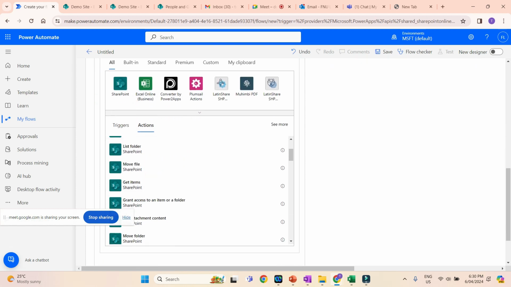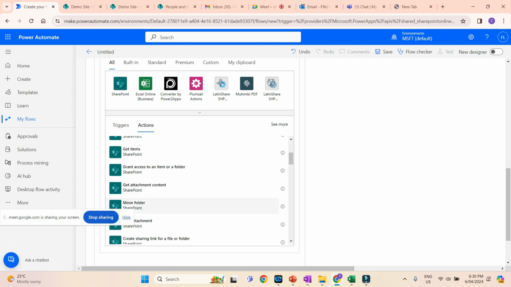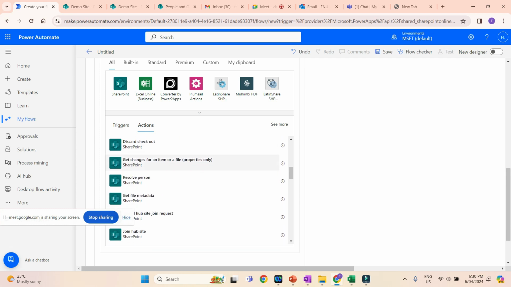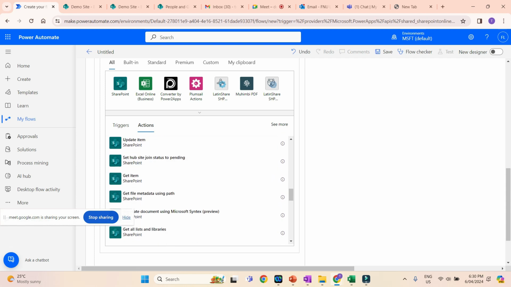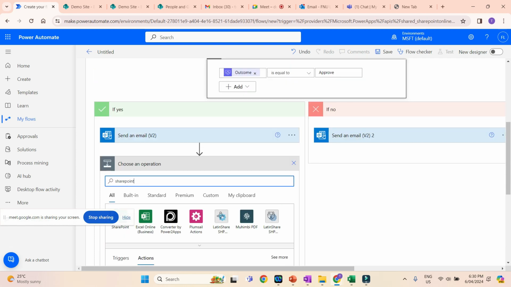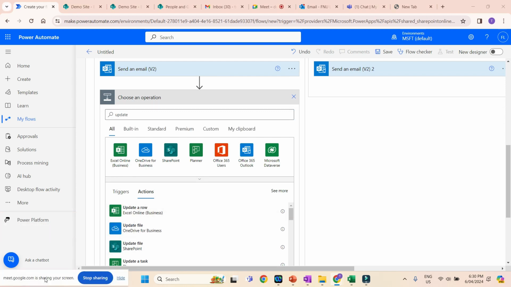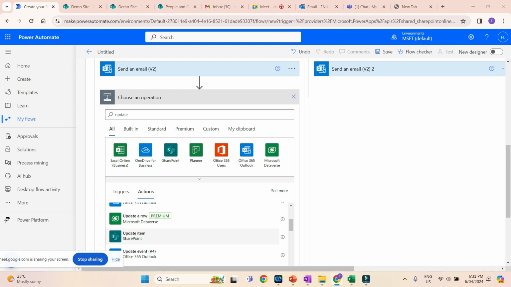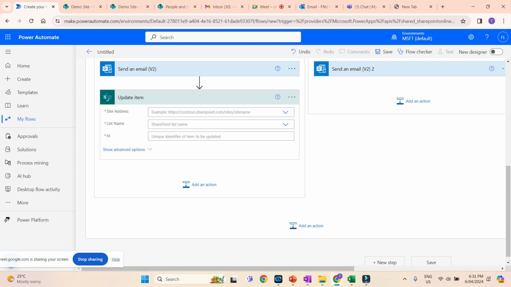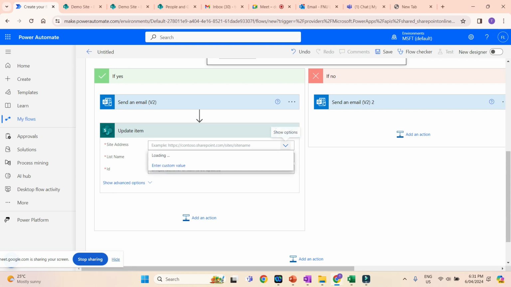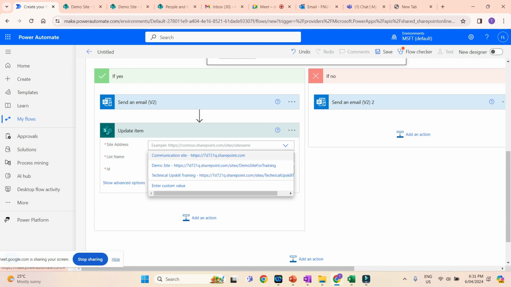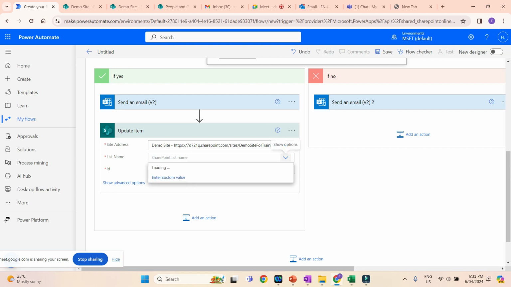Now what we are going to do is update an item. Let's just search. This is create item. So search for update. Let me go here. Update item. Okay, just give me a minute. So we are going to update, in the same demo site,